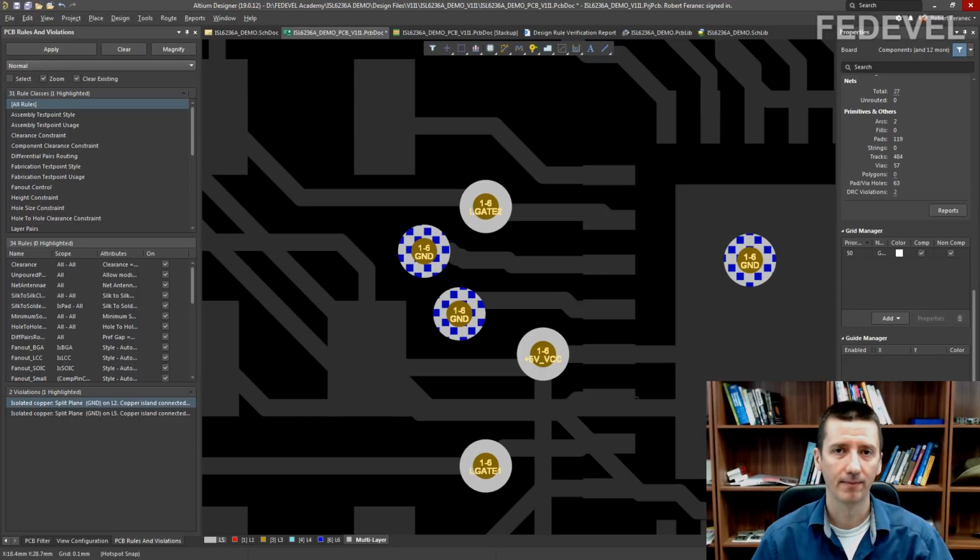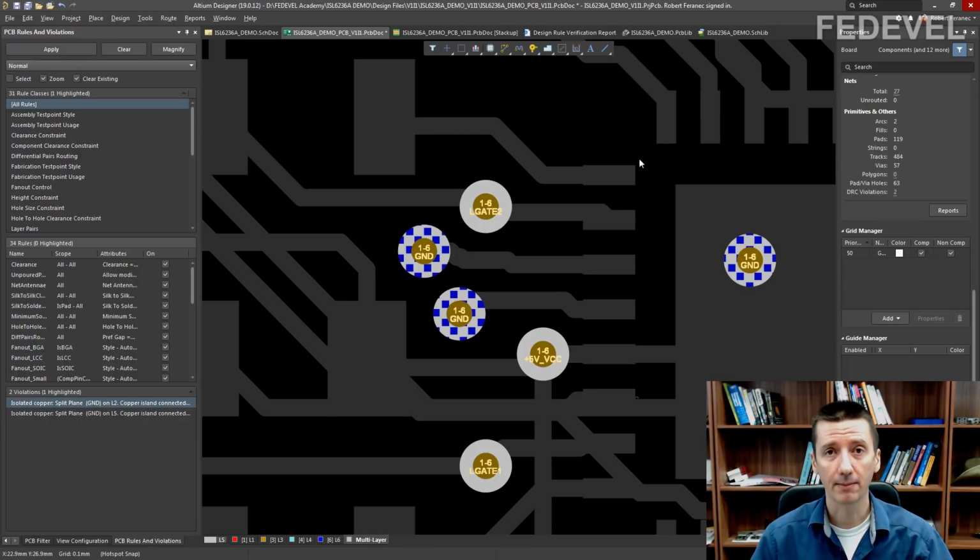Sometimes may happen that if you have in your PCB a place which is causing violations, this place can cause violations in different kind of rules.